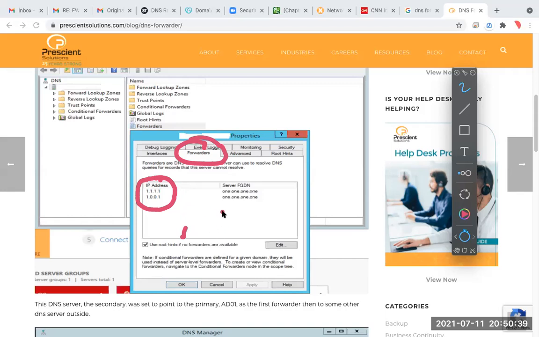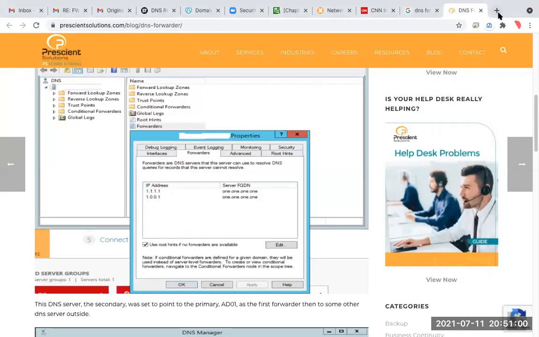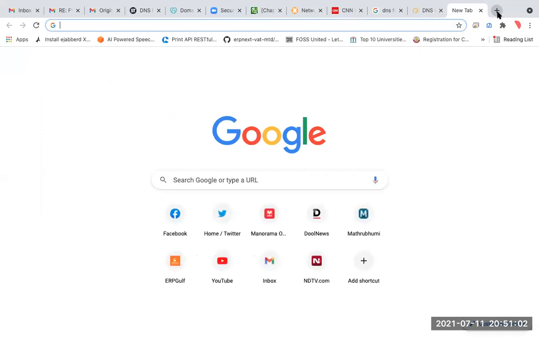Because if you have multiple offices and branches, you don't want all the inquiries to go to Google. For example, you have a company here and in Dubai they have an Active Directory, and you have an Active Directory. So some of it should go to the Dubai DNS server. There will be something like split DNS.